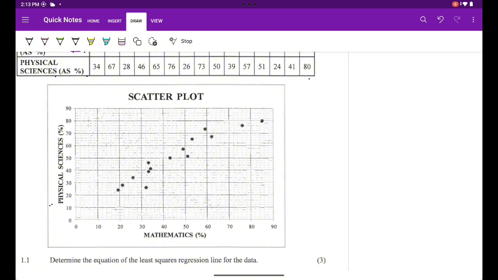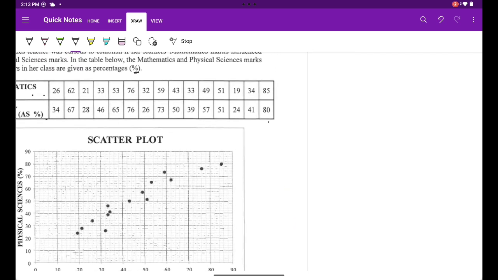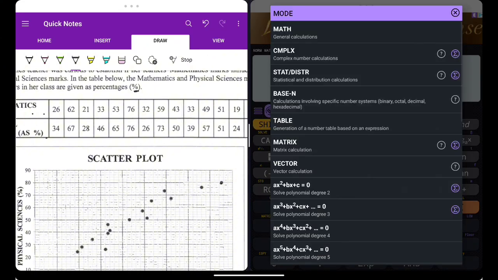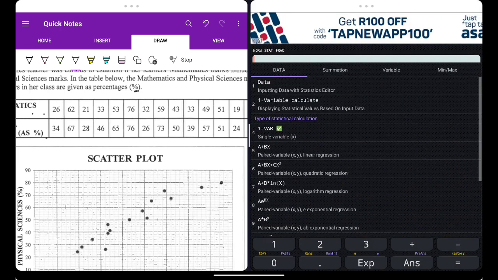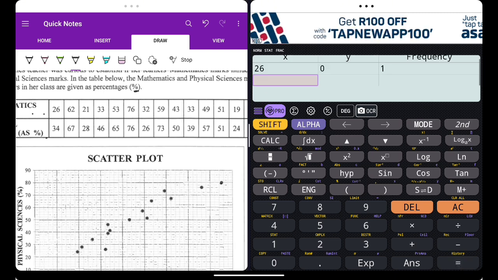data. Right, so to get this, we are going straight to our calculator, press mode, and then we go to statistics. Right, and then we go to number 5, which is y equals ax plus b. Right, and now we will punch the x values. So it's 26, and then equals to